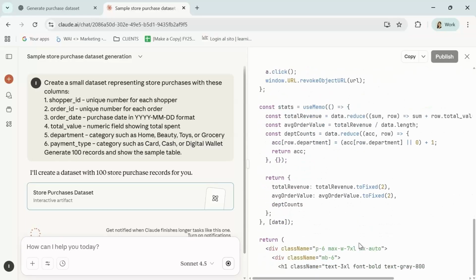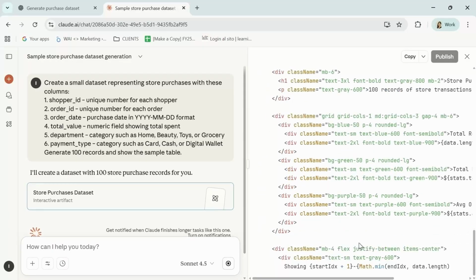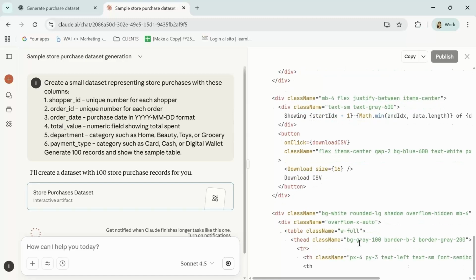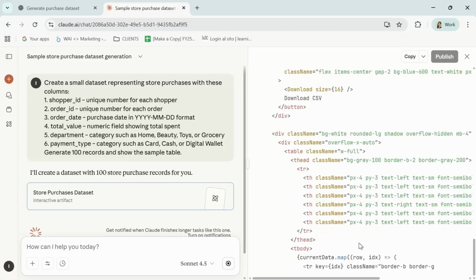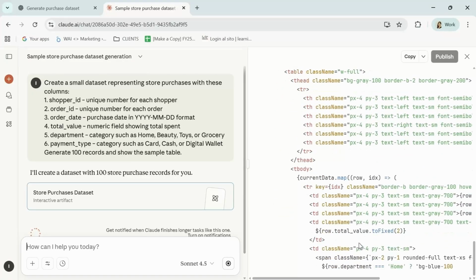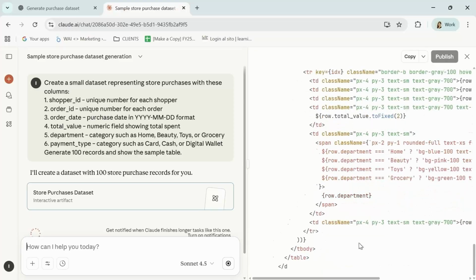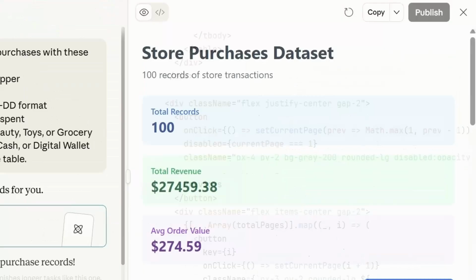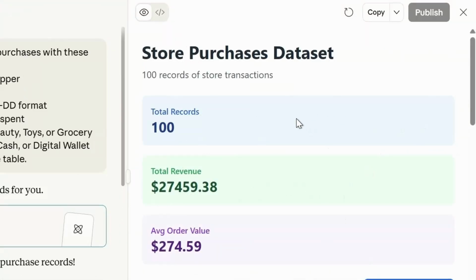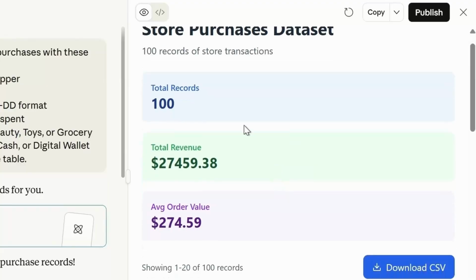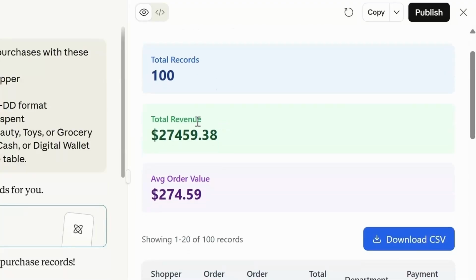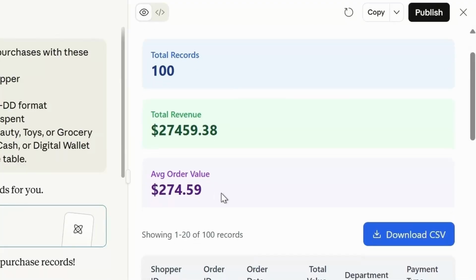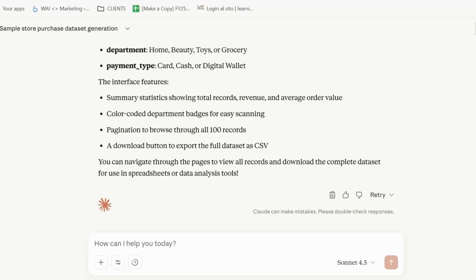and not just text. So we got a summary stats at the very top with color-coded departments, and I can also paginate through all the records. As you can see, here I have my summary, I have the number of records, the total revenue, and the average order value. So since this demo is about data cleansing and fixing inconsistent data, I will create a slightly